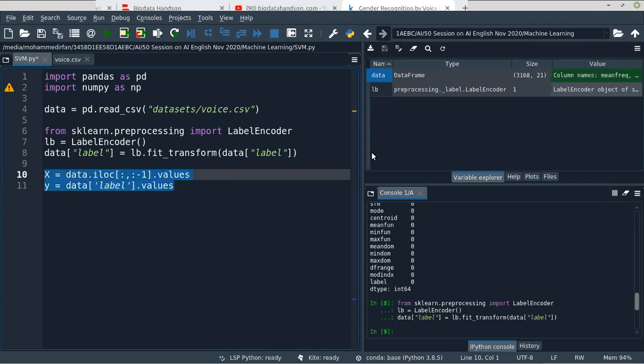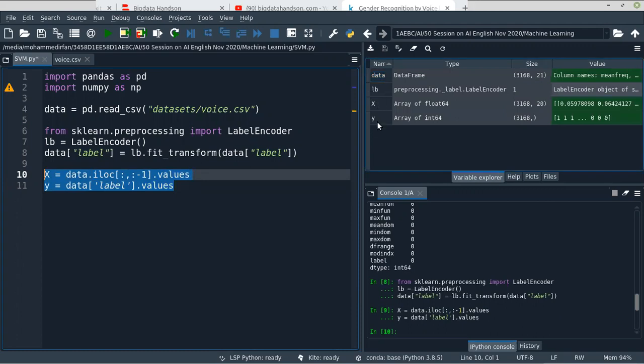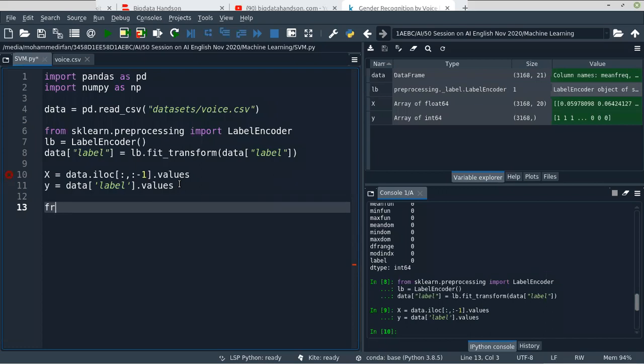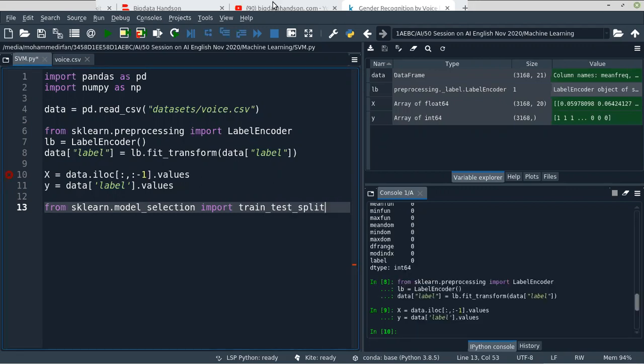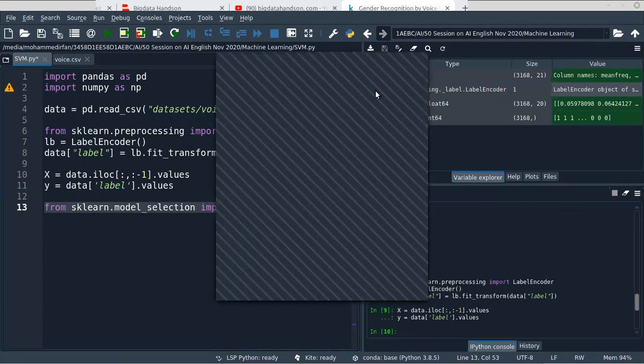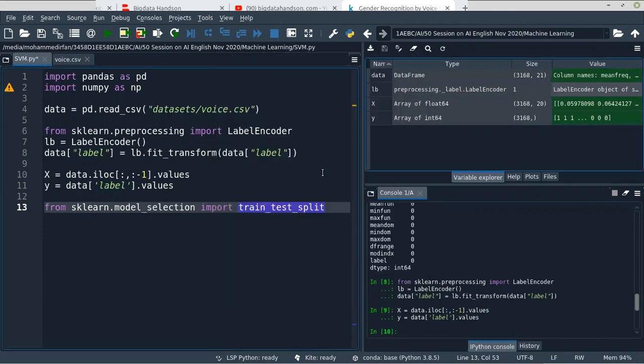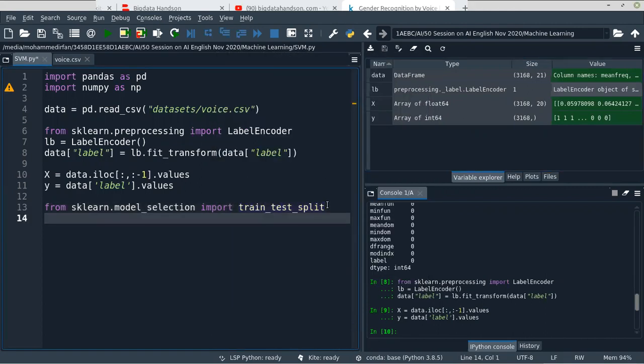Okay, now we have all the columns right here. Now it's time to split the dataset into training and testing. We import the train_test_split function from the model_selection module.